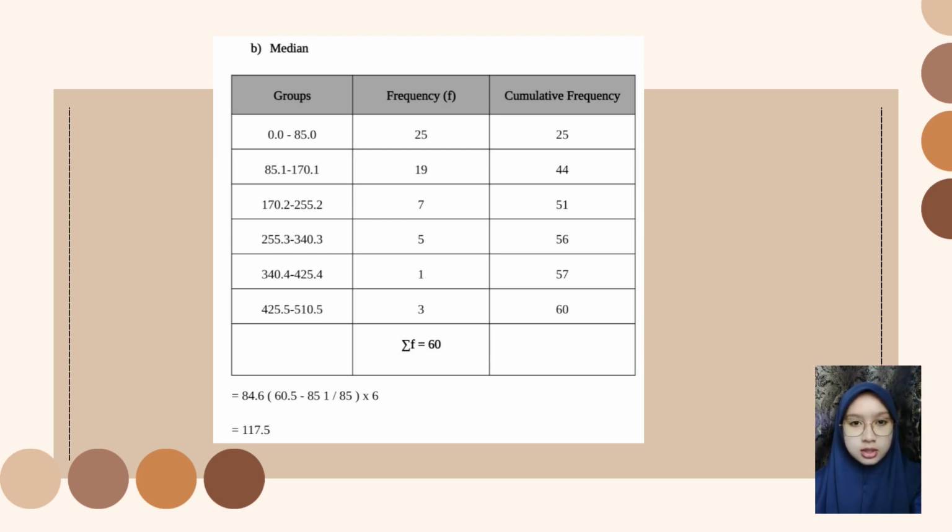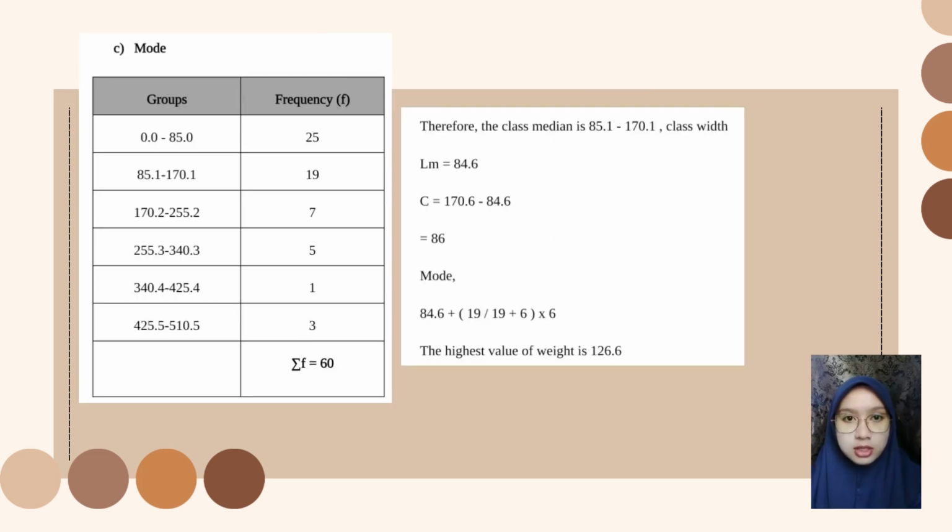So that the 84.6 times 60 divided by 85.1 divided by 85 times 6 equal to 117.5. For the mode table, frequency 25, 19, 7, 5, 1 and 3, therefore the class width is 85.1 and 170.1 class width, so that the highest value of weight is